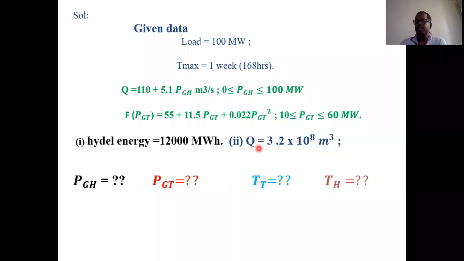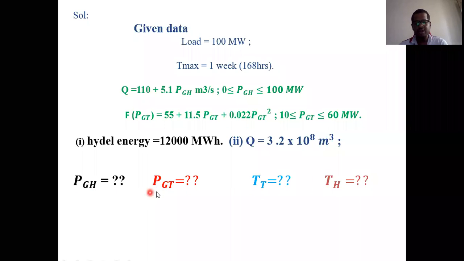In the last class itself, we have seen the formulas for PGT and TT. So first find PGT. How to find PGT? We have one formula, that is root over A by C, where A and C are simply constants. You can get those constants from the characteristics of the thermal power plant. Similarly, once it is completed, you can easily calculate the PGH value because we know the load value. Load power is the summation of these two powers, PGT plus PGH.